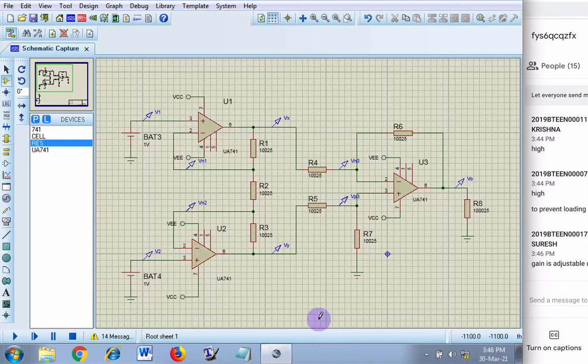Okay. Now, are you able to see the circuit diagram? Okay, great.